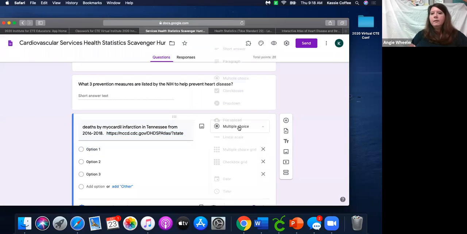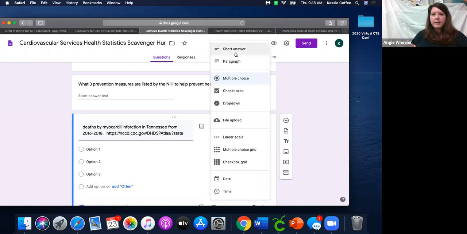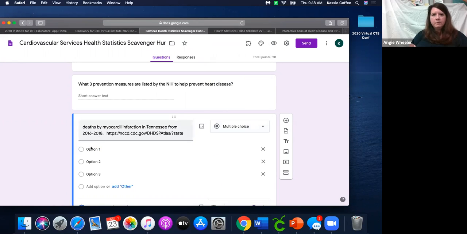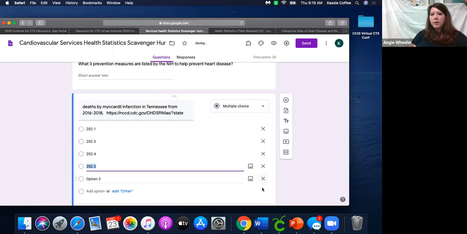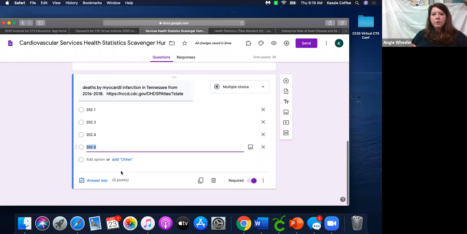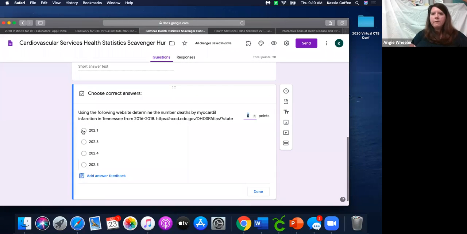Then you can come back in, give them the multiple choice answer options, and they'll be able to choose on their quiz. I believe, Cassie, correct me if I'm wrong, if you do multiple choice or the check all, you can put in the answers and it will let you know what they got correct or incorrect. If you use the short answer or paragraph, obviously you're going to have to go in and grade that yourself.